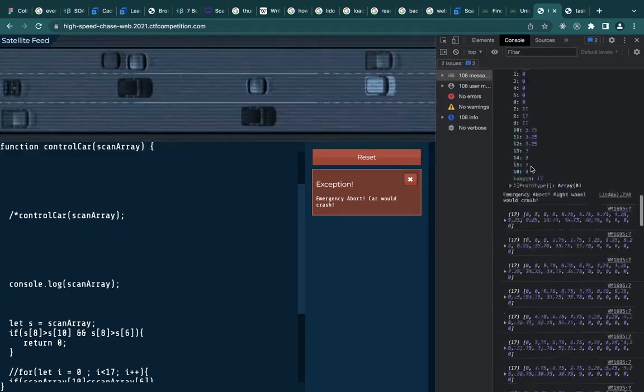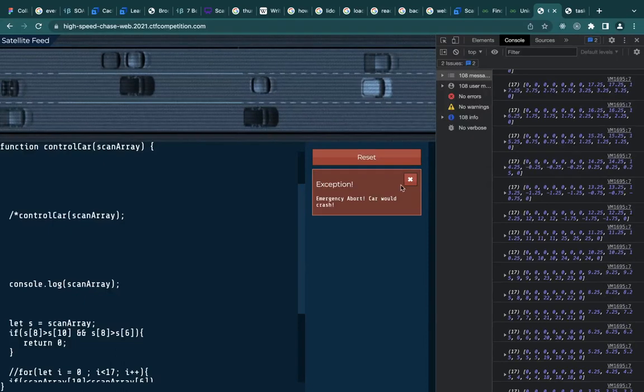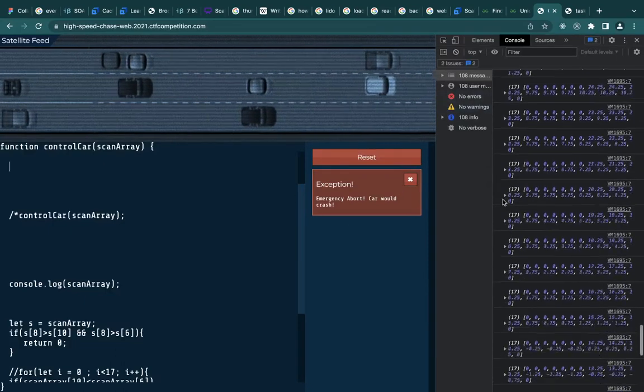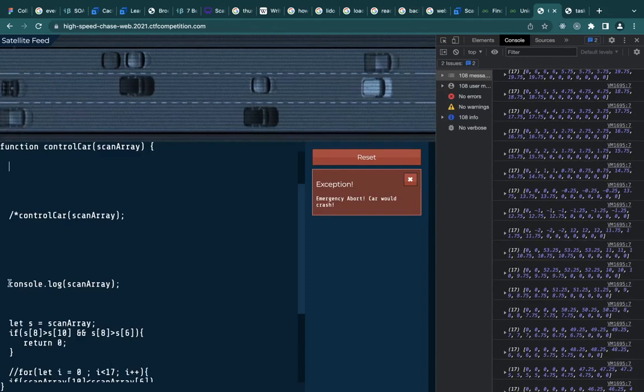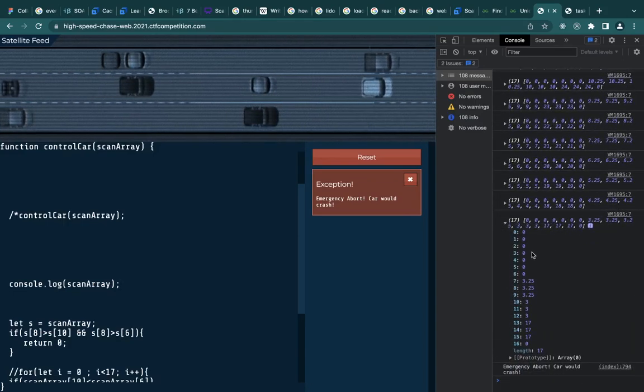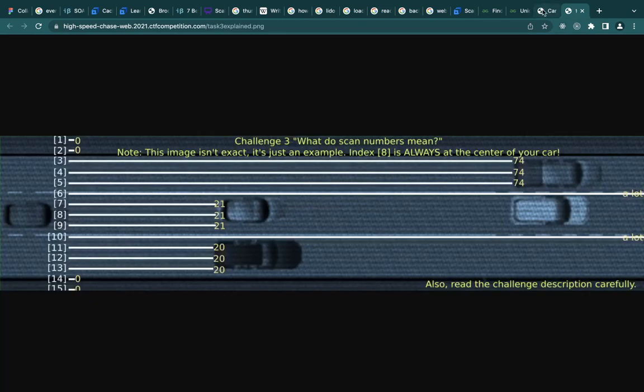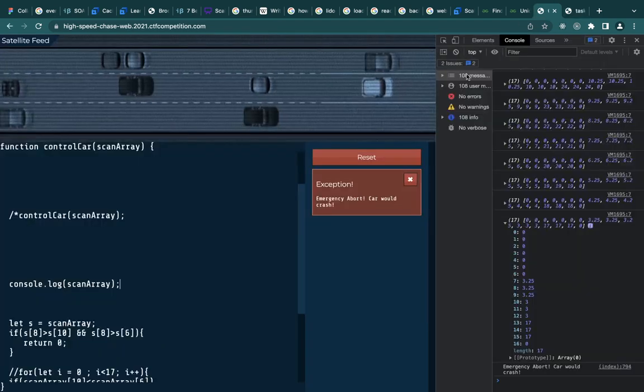So first of all, I could not really understand the problem statement, and I was not sure where this console log is coming from. But now after seeing this console log, I can say that I know what the problem is. The picture does not depict the problem correctly. So the problem is as follows: